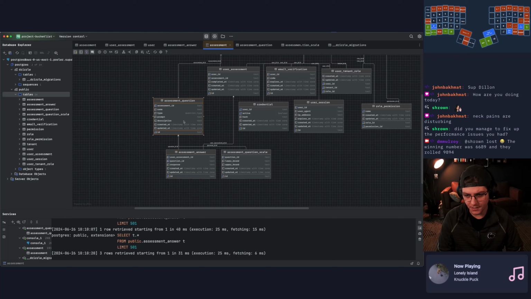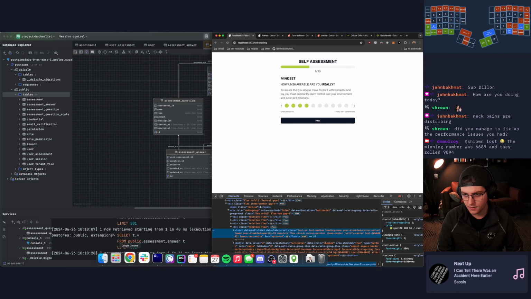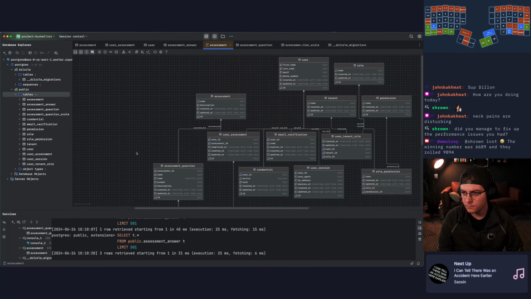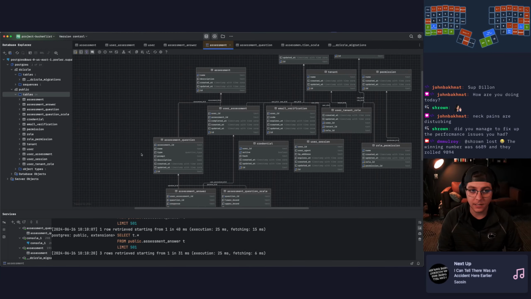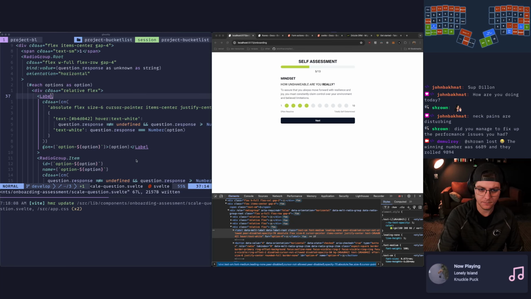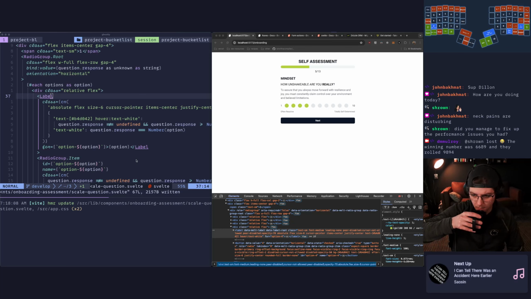We have different question types, and then we have this assessment question scale, which is what feeds these values right here. Yeah, it's working out a lot better. And we also started using prepared statements. I think that probably helped. I should have tried that first last time, but